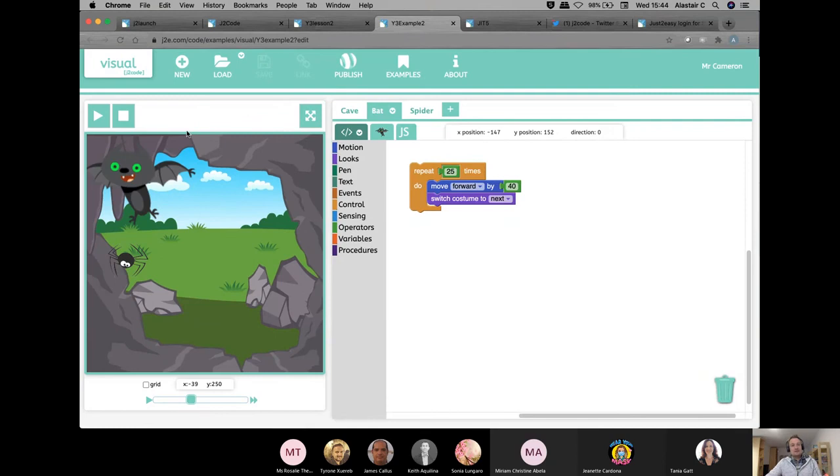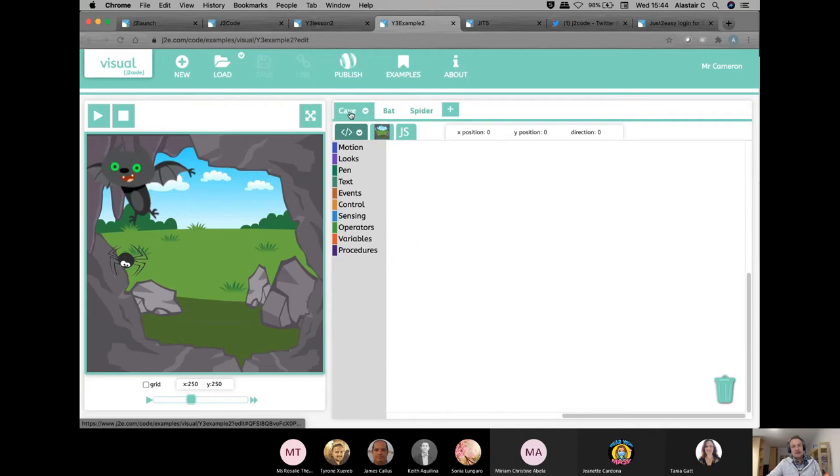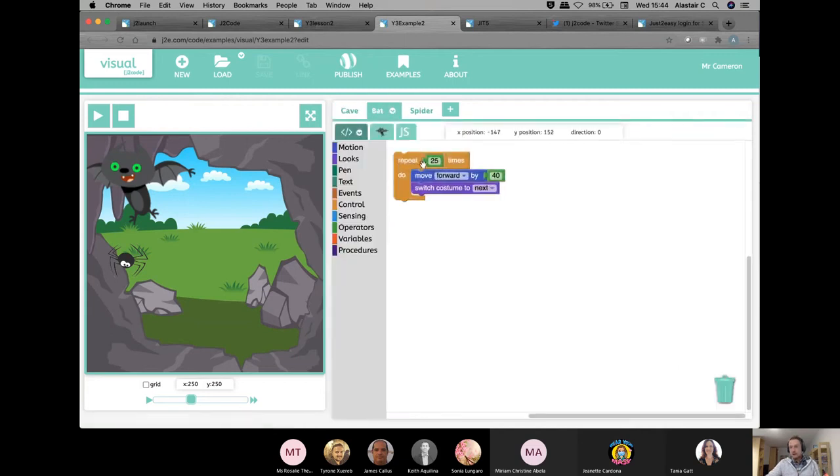So here, an example is, and you can see on the screen, you've got the bat and a spider. So there's the bat, there's the spider, there's the cave in the background. But we'll look at the bat, and before we start playing with anything, we can see that the instructions are to repeat moving forward and switching costumes 25 times.